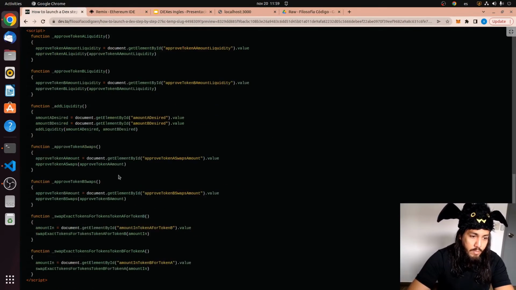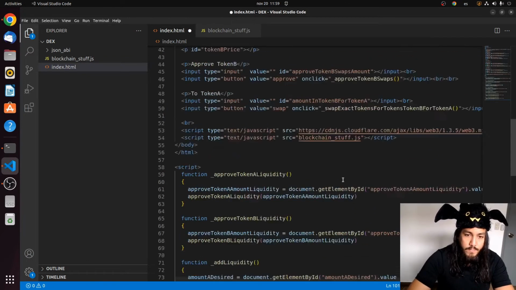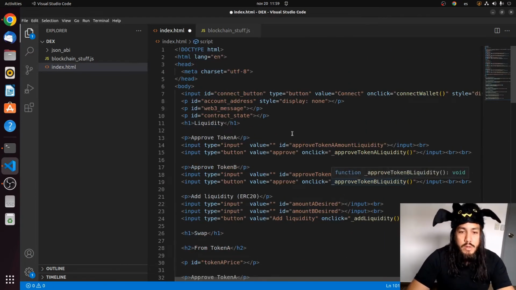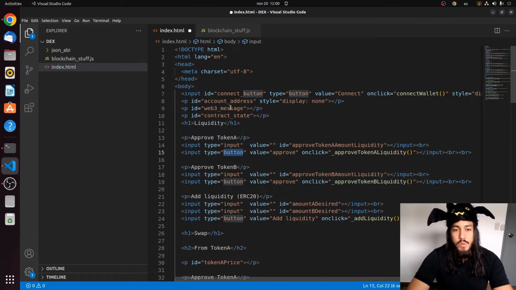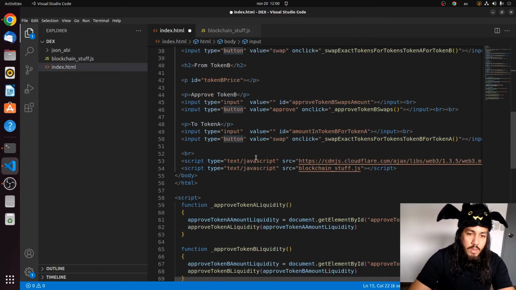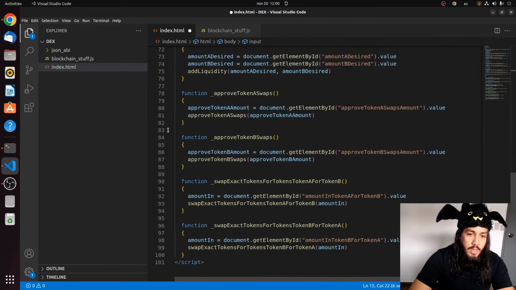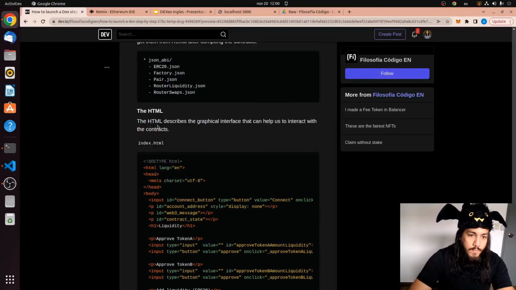The simplest code with a fully functioning router. Here it's accepting 2 tokens only, and here in the HTML you put the tokens, and also for the proof, for swap, for liquidity. This is where you define it, and a little bit of JavaScript that's going to point to the blockchain stuff